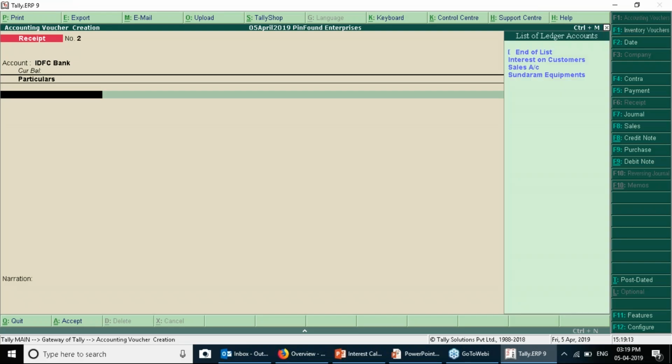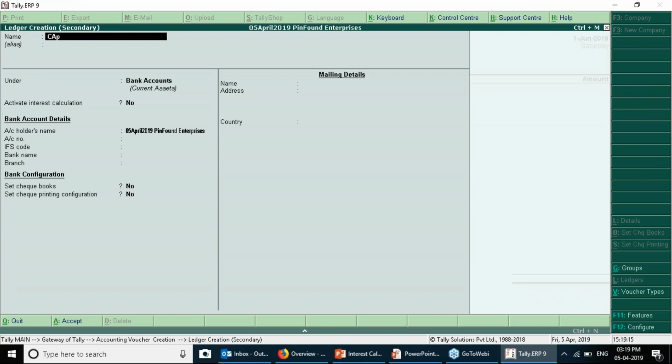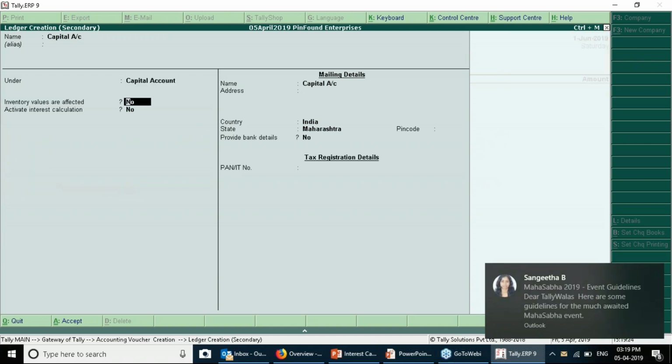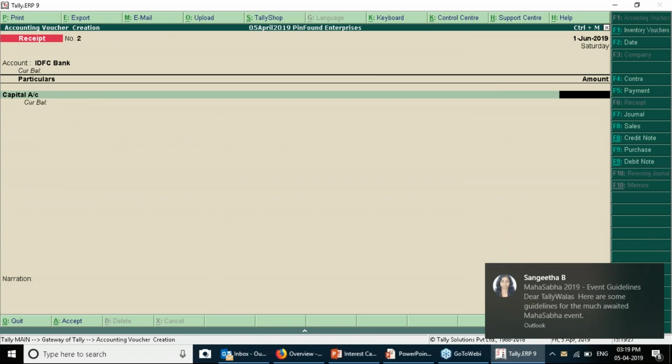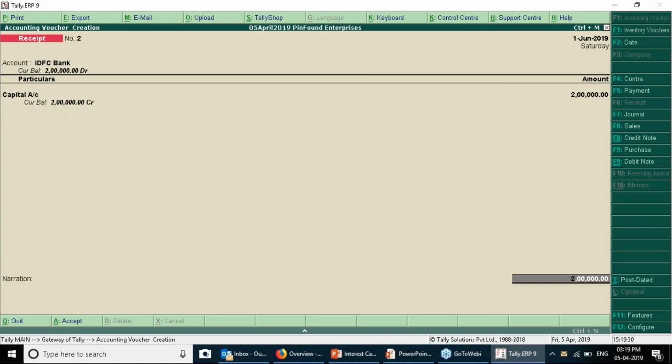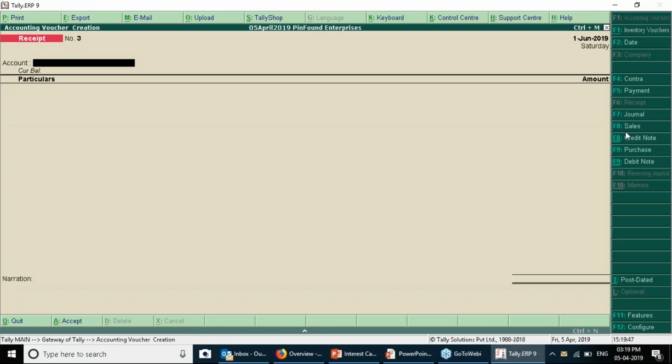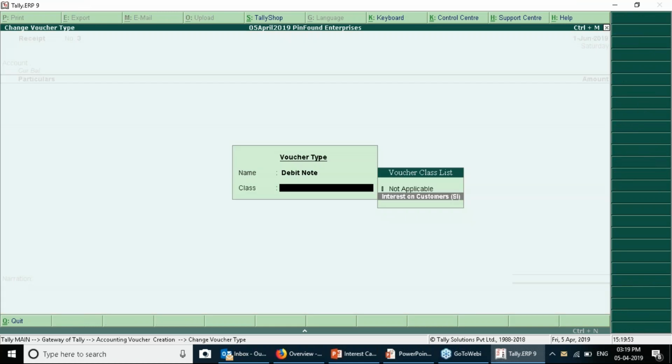So receipt of 2000, capital account. So capital under capital account. So 2 lakh rupees. So after passing this entry, pass the necessary voucher entry to record the interest computed for the IDFC as of 31st December 2019. So let us go and directly pass the debit note as of,